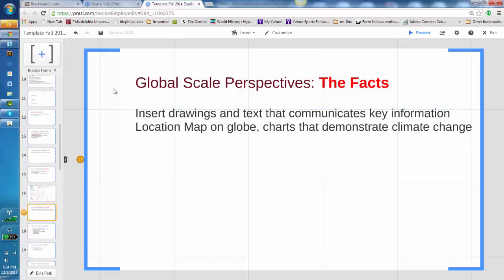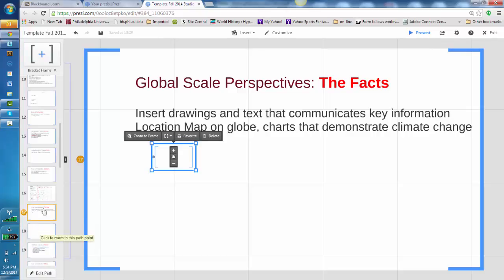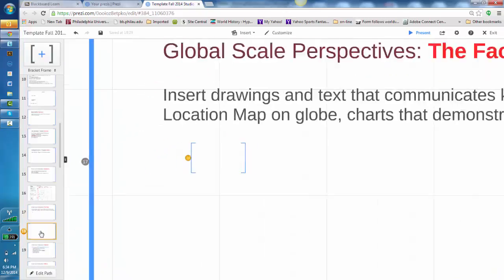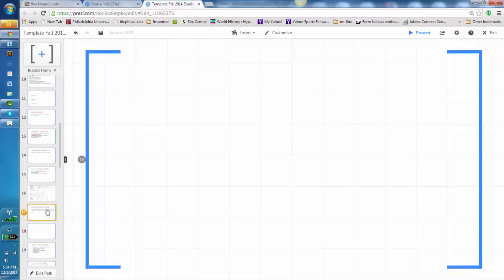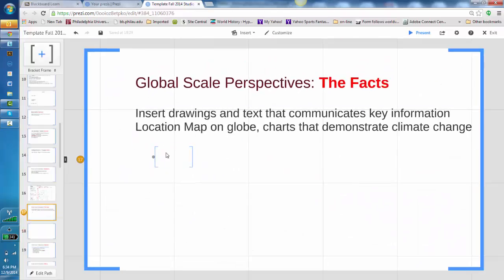One of the things I just really quickly want to point out for the students who are also watching this movie: the way this Prezi is set up, you can nest individual drawings or information within here. So if you look over here, this new slide just dropped right in there. If I go to the next slide, you see that it zooms right in and it's perfectly proportioned for the screen. So don't mess with the brackets and try to move them and make them squares. You can put as many of these in here as you want, but try to keep it short and succinct.